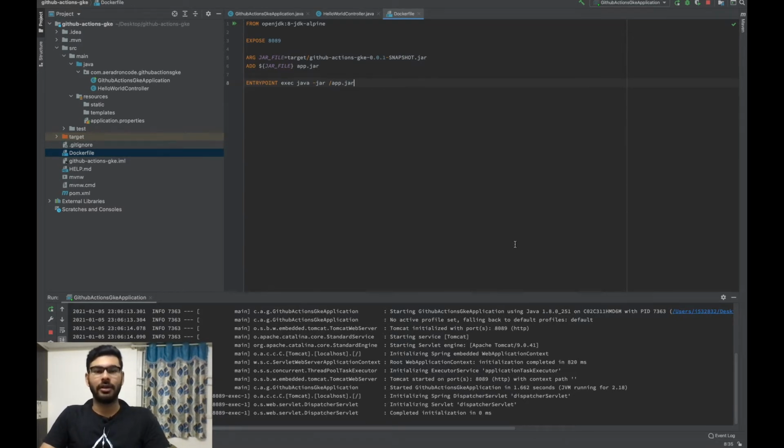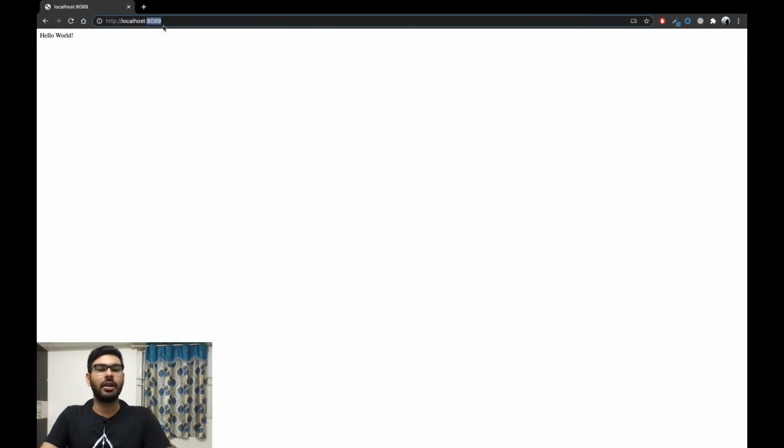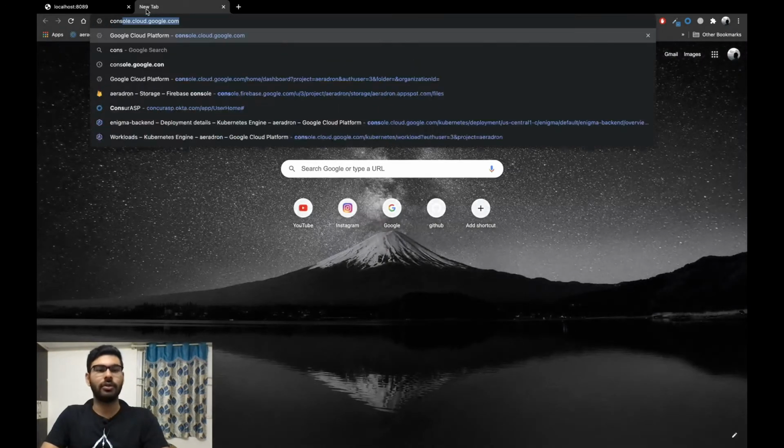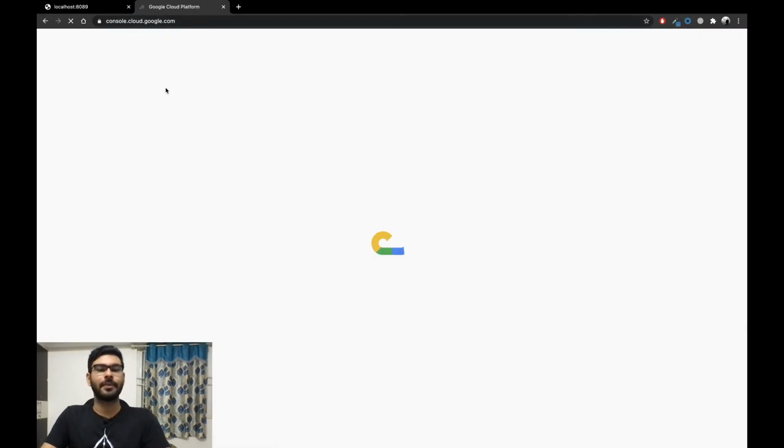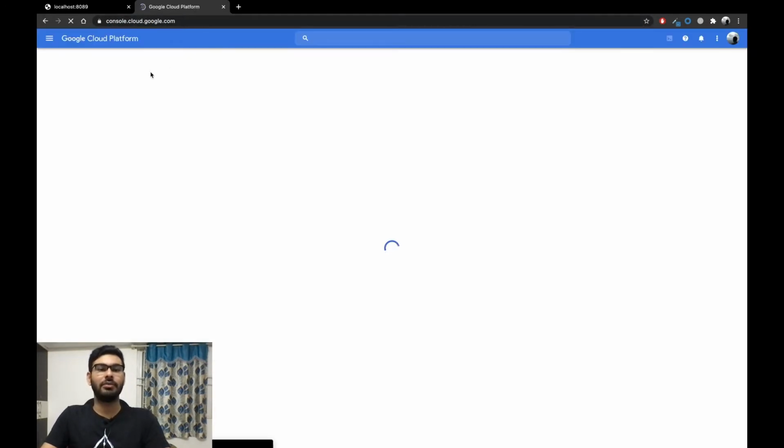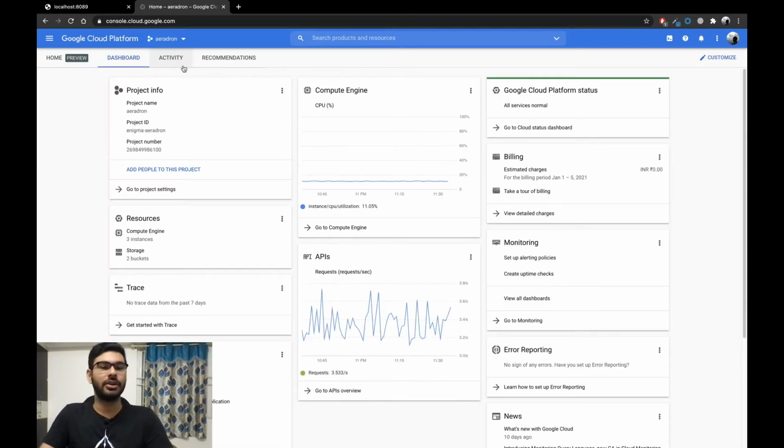After adding the jar file, the next thing that we need to do is set up our Google account. I have already set it up. You can just move on to console.cloud.google.com, where you need to sign up and provide your credit card or debit card details. It will only charge you ₹1, but it will give you an account for a 30 day trial with, I think, around 21,000 rupees or $300.